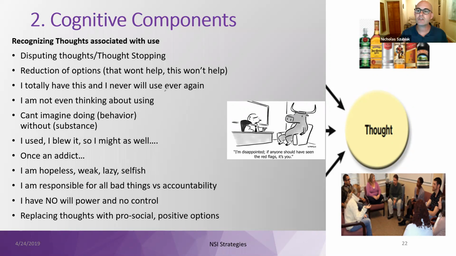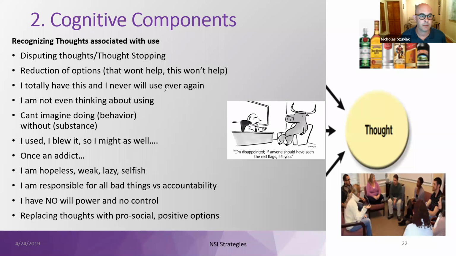And so it's really starting to help patients gain that awareness and recognizing thoughts associated with use. So helping them build the muscle to dispute thoughts or thought stopping, to really call a timeout in their life. Sometimes that thought becomes a snowball effect, and teaching them the skill set when they start to speed up, when they are thinking quite a bit, that they can stop that process. They can call a timeout. And to gain an awareness to that.